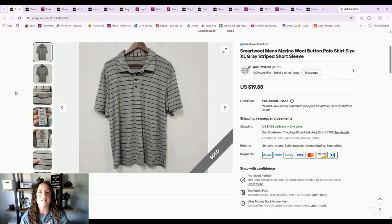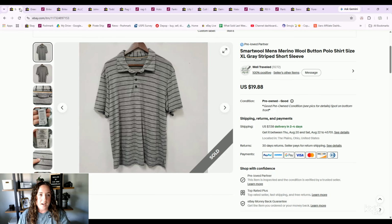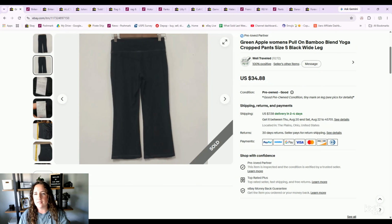The most important thing is to keep items moving and don't hold on too tightly to things, even if they're in a great brand like Smart Wool. All right, and the last fastest selling item before I move on to the higher price category is this very plain looking pair of women's pull-on pants. So these are a pair of cropped pants. They're just black. It looks like we have a capitalization error in the title, and they still sold in 14